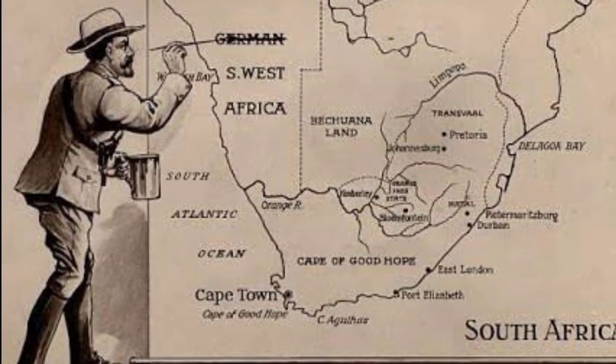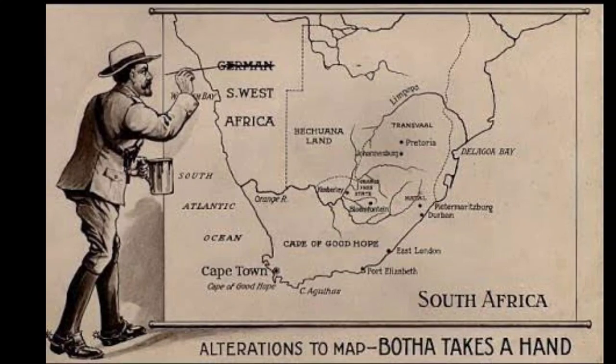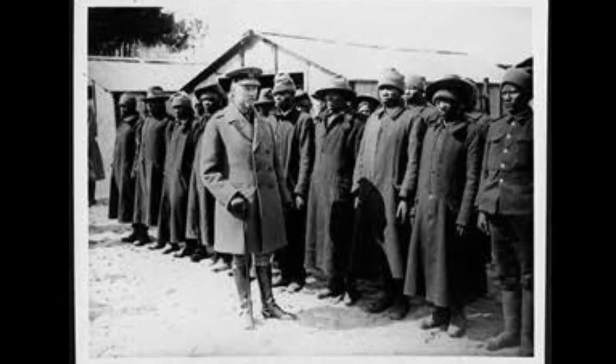World War I, often referred to as the Great War, was a global conflict that involved nations from around the world. South Africa, a British dominion at the time, played a crucial and often overlooked role in this monumental conflict. This article explores South Africa's involvement in World War I, its contributions, challenges, and the lasting impact of the war